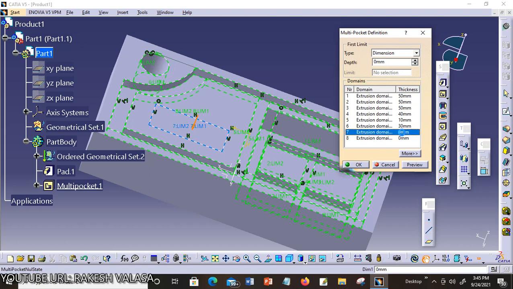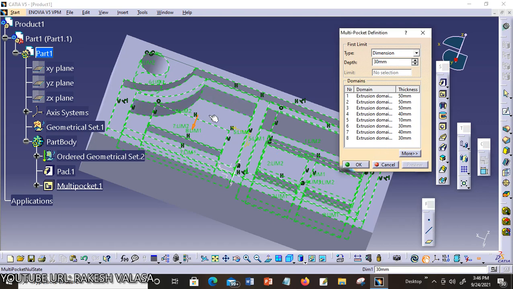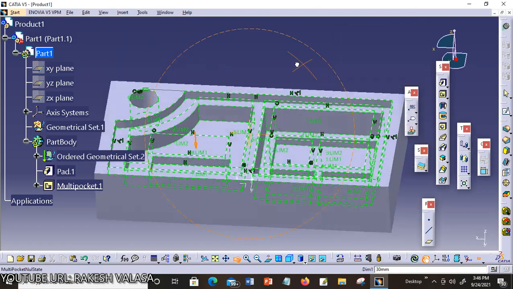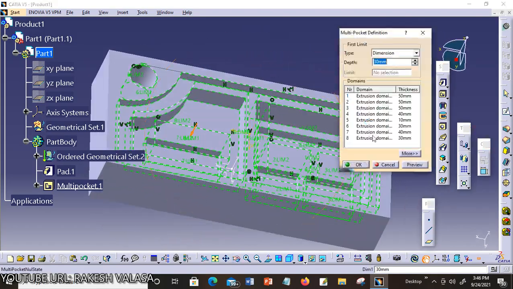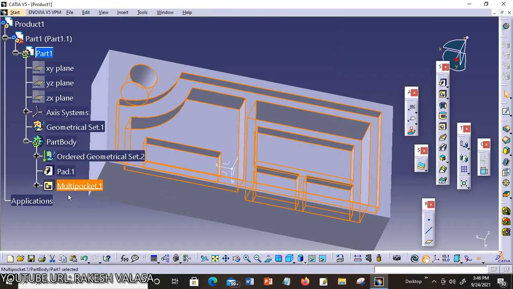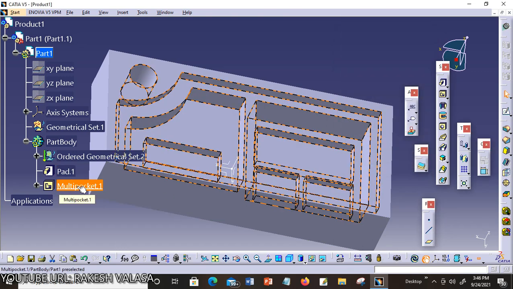Give the values here: 40 mm, and for the second one 30 mm. Now click preview. Click OK to confirm. Now the multi-pocket one is composed of 8 pockets.